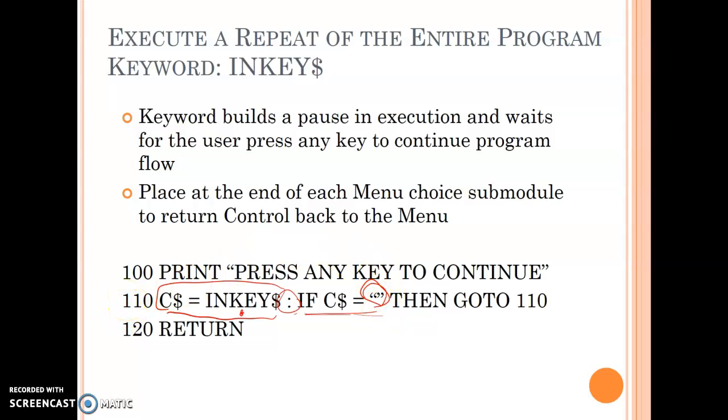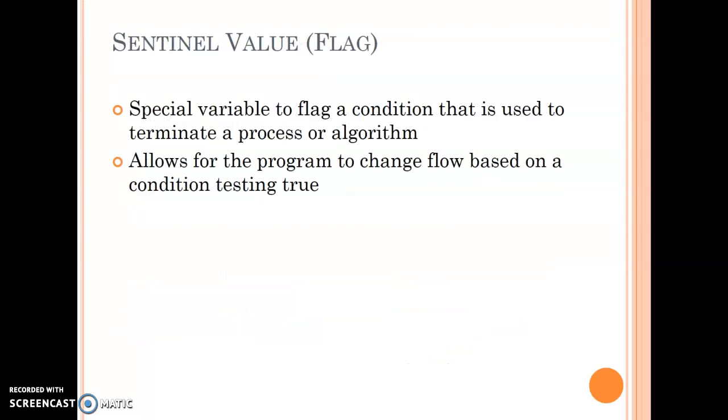Once I hit anything on the keyboard, it fails this test and drops to the next executing line of code, which is that RETURN that we talked about in the case structure, and it allows me to return to the menu. So the line numbers here must match. That's a key understanding for this idea to work. We have a sentinel value, a special variable to flag